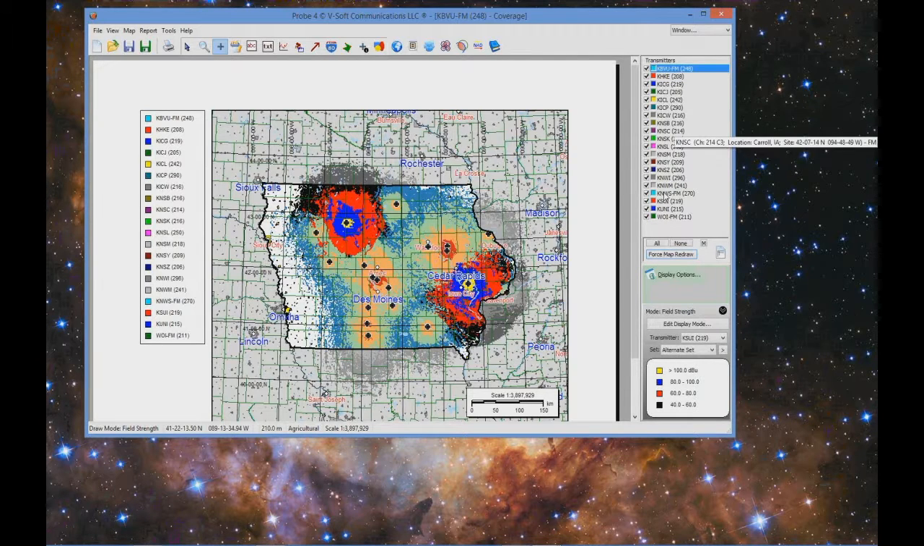So, for example, I'm going to select KSUI. So you notice when I go over that, now it's going to show, I'll stop moving. If you look down there, it shows 89.07 dBU. So this way you can get a feel for what the field strength for one particular station is